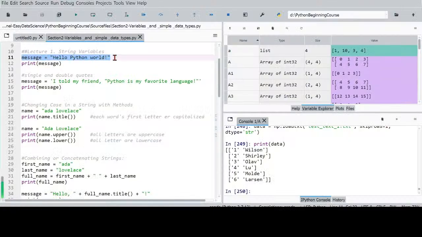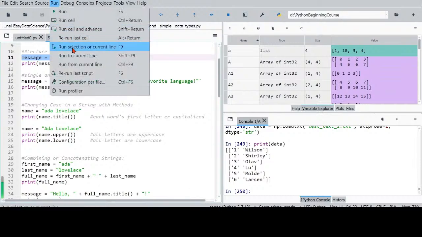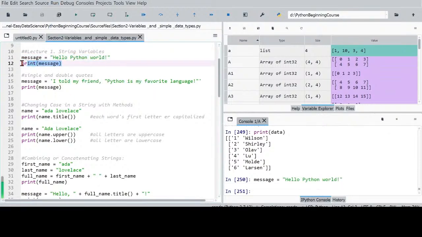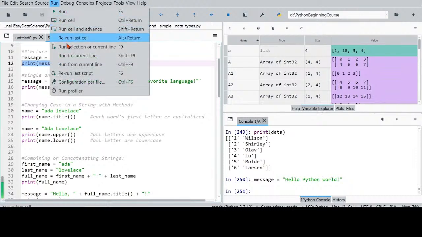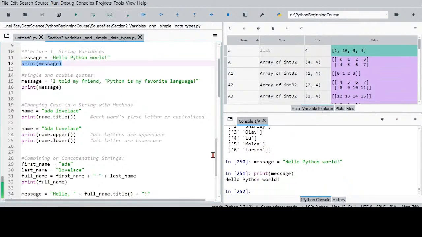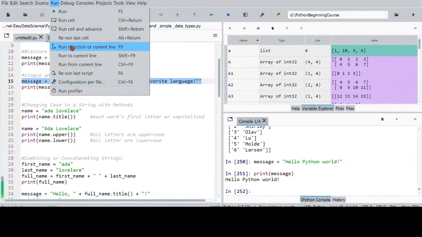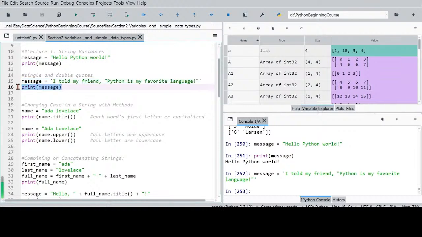So this is a string message, and we can print this string, hello Python world, and this is also a string. We can also print